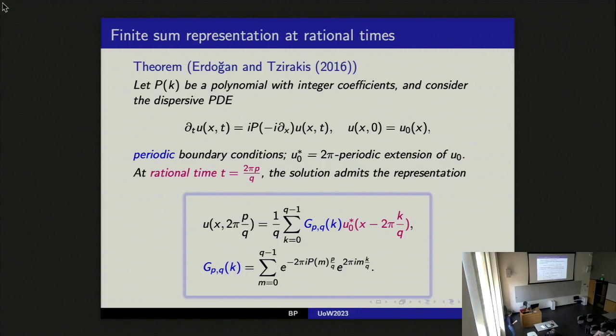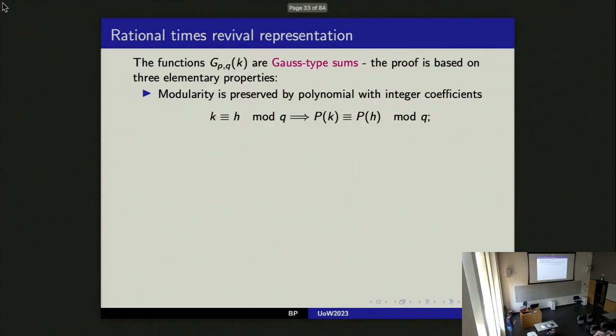Okay, and these coefficients are just Gauss-type sums. These are very common sums in number theory, and really the proof is arithmetic. It has to do with the modularity properties of the exponents in the exponentials, and it's really quite elementary. I won't give you the whole proof, but just to say what it is based on,